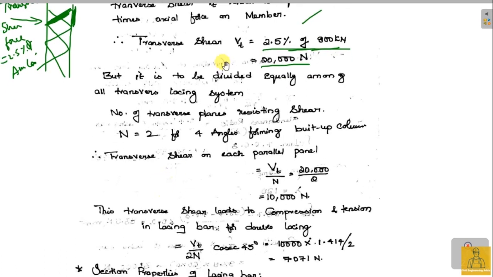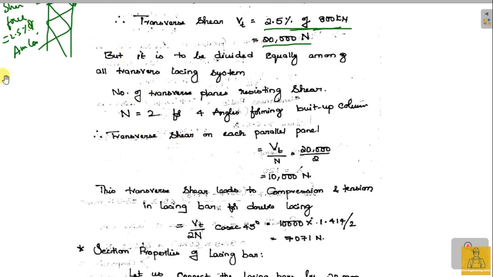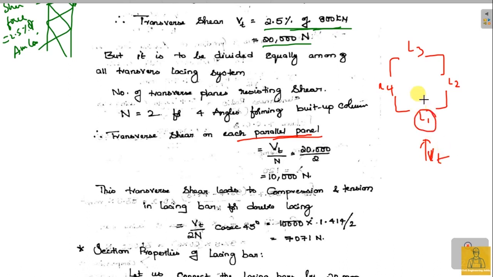So we have found out Vt, the shear force acting on the entire built-up section, and we also found out the shear force taken by each plane. There are two planes, right? As I told you, see, this is the built-up column. This is lacing 1, lacing 2, lacing 3 and lacing 4. If a transverse force Vt is coming in this way, this and this plane are going to share it. And if a force is coming in this way, sorry,